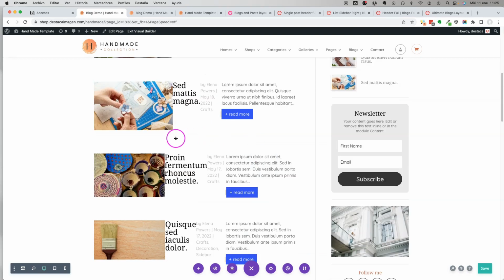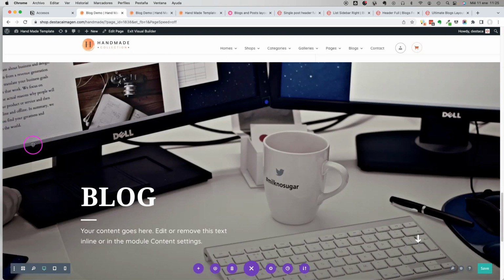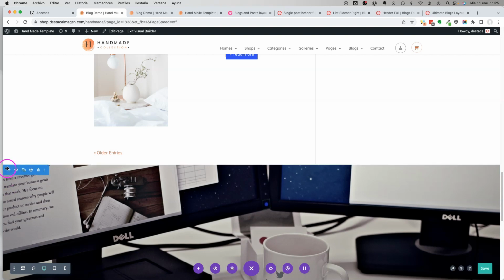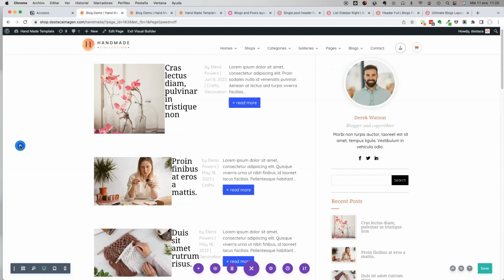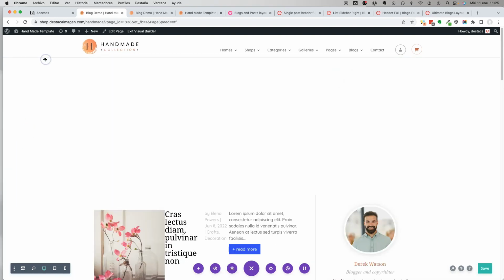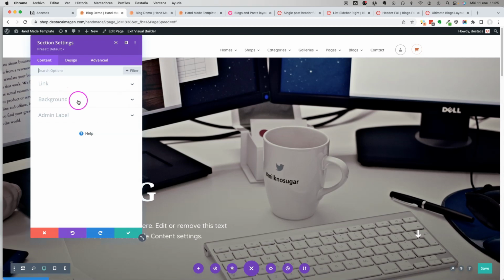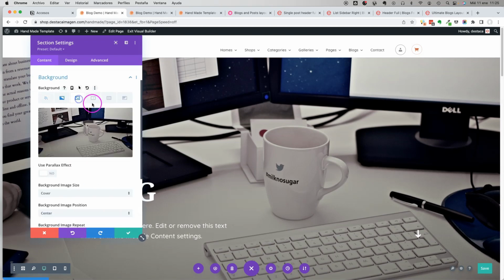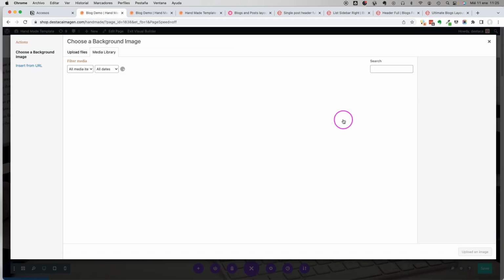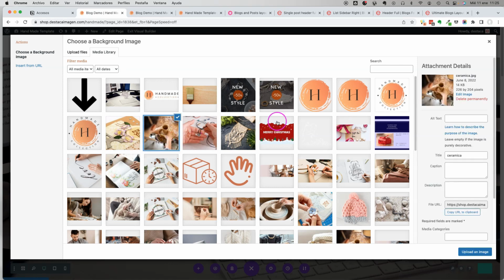We just click here and move it, and that's it. We have it. Then afterwards, editing this is as simple as editing any Divi section. Let's select an image that is a bit more